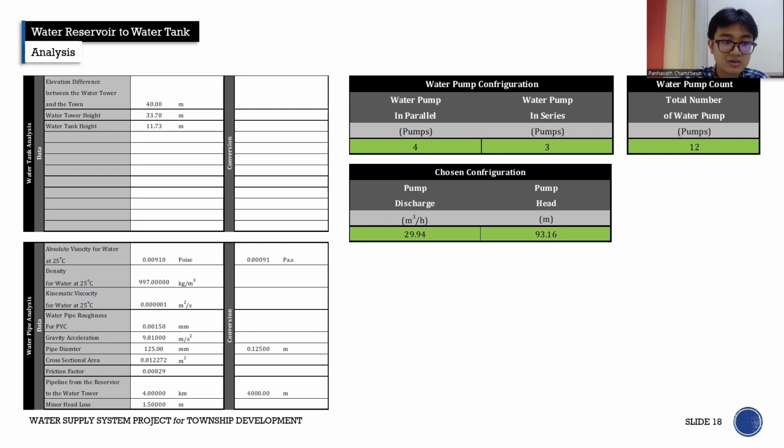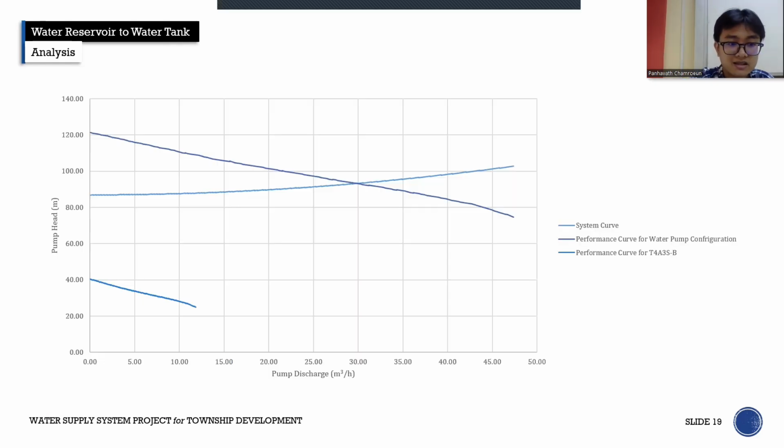Why did we decide to do this? Well, as you see here from the right, this configuration is the most perfect for our required height and discharge queue to supply our town. What do I mean? Well, let's take a look further here. And see here, the short line at the bottom is actually our original 1 pump